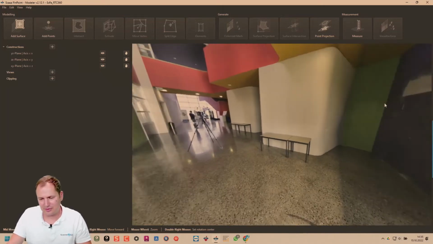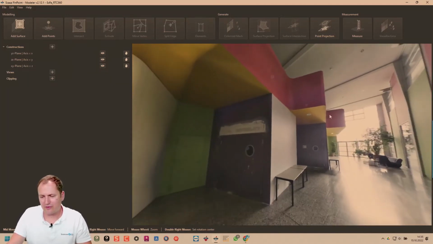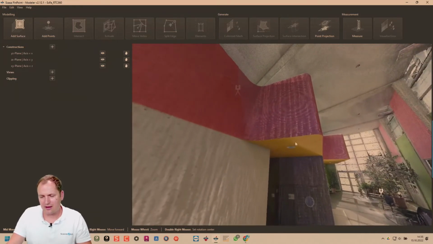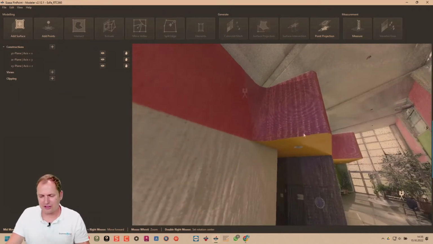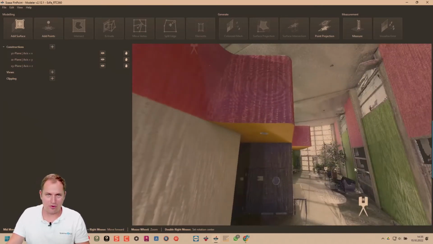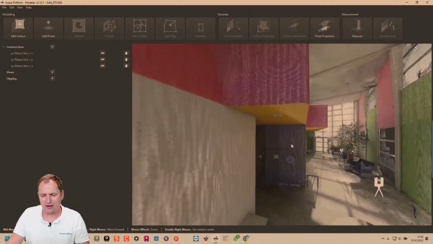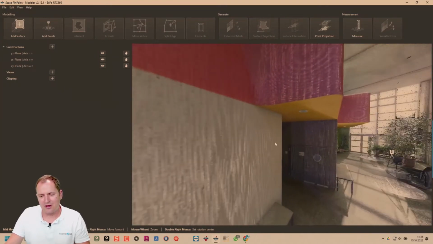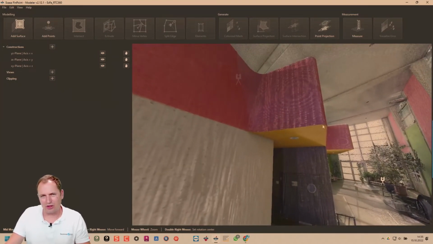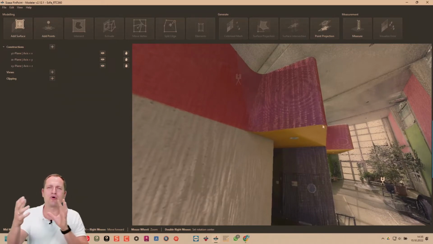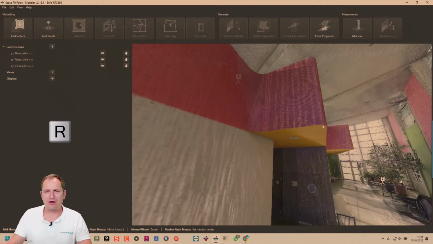So let's say we are focusing on this corner. I'm clicking here and my view is flying in this direction, and if I look around, so I'm holding down my right mouse key and moving it left to right, this is actually not what you want in this case. In this case, you are trying to move the spot around you so you can better understand the scene.